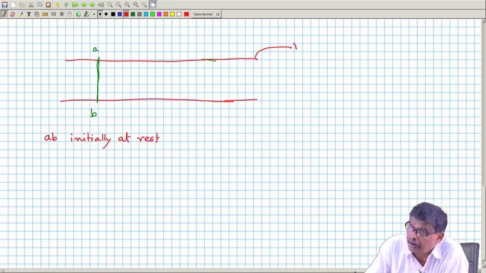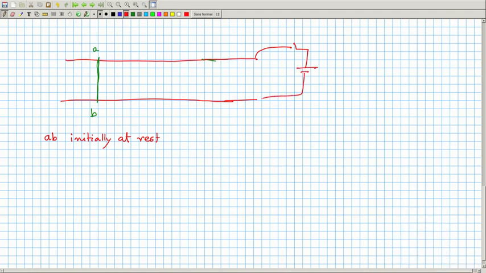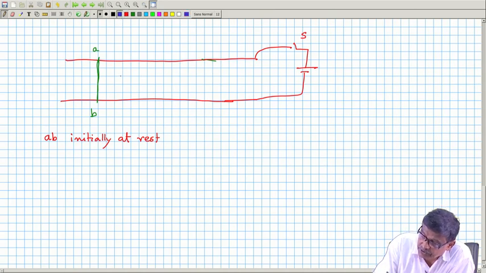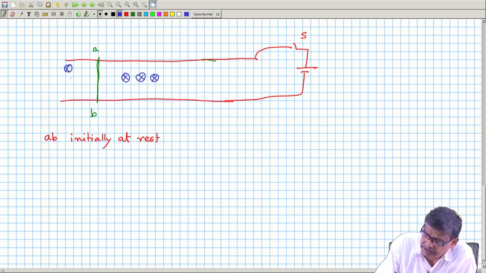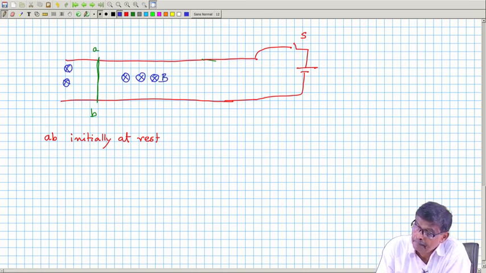Now, I connect a battery here through the rails with a switch. When the switch is open, nothing happens, it remains stationary, and there is of course B as usual. I am just drawing two lines, but it is otherwise invading all the areas between the rails, B, flux density. If you now close the switch